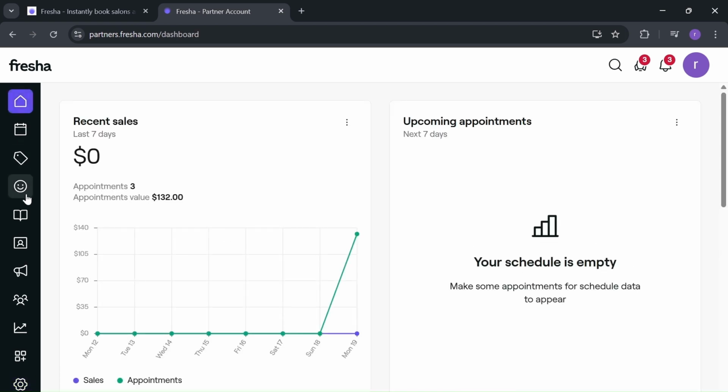So that's how you set up and use the Fresha booking system for your business in 2025. From service setup to payments, calendar, and client management, it's one of the most powerful free tools available for beauty,